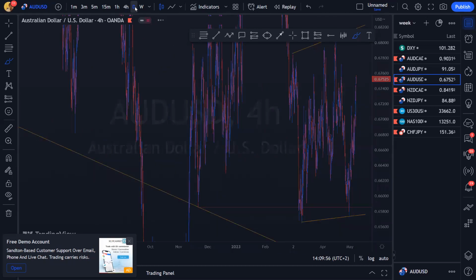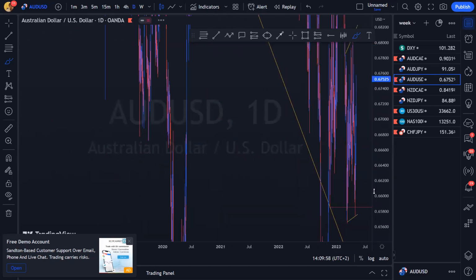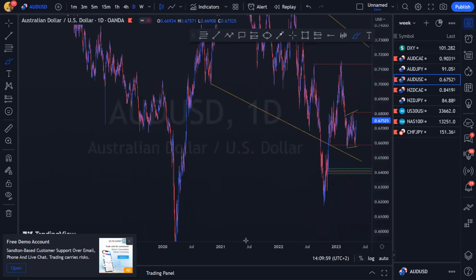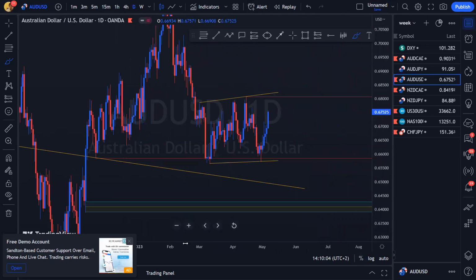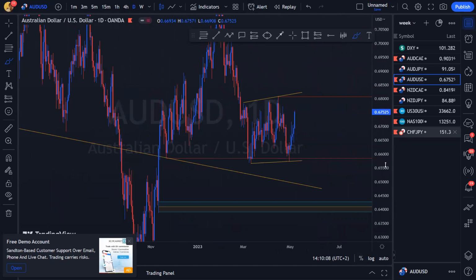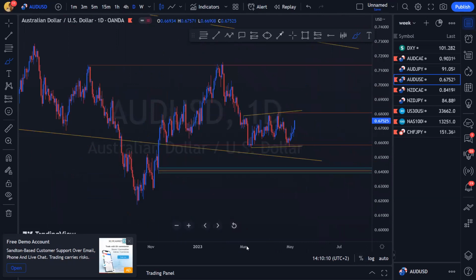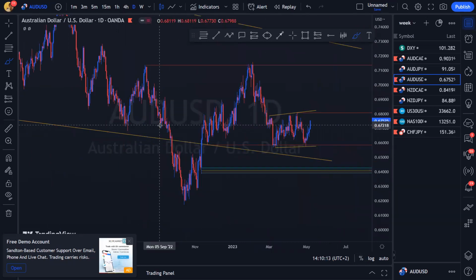We go back up to a daily. So on AU, remember I told you guys that we're going to be looking for both a sell and a buy on AU. Obviously, we'll just accommodate for whatever the price action decides to give us. But if we just recap on last week, I'm not going to go into last week's bullish bias because we spoke about it last week. We'll just speak about the bearish bias. So just to recap on the bullish bias, we've got higher time frame momentum there.